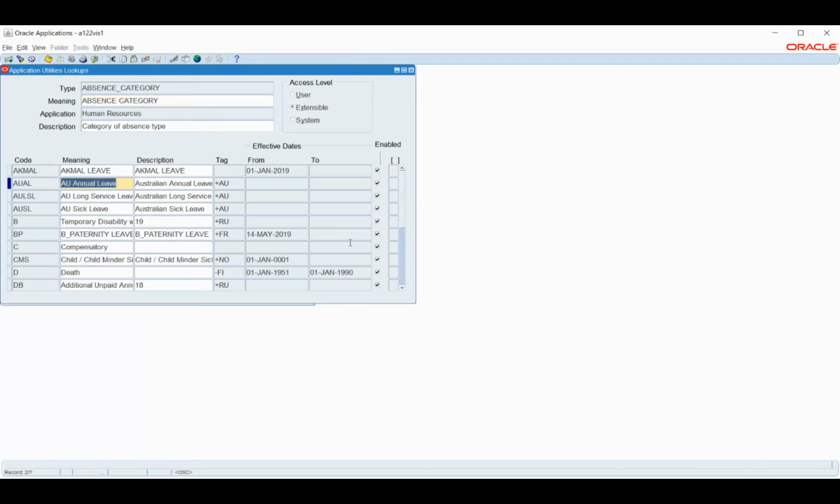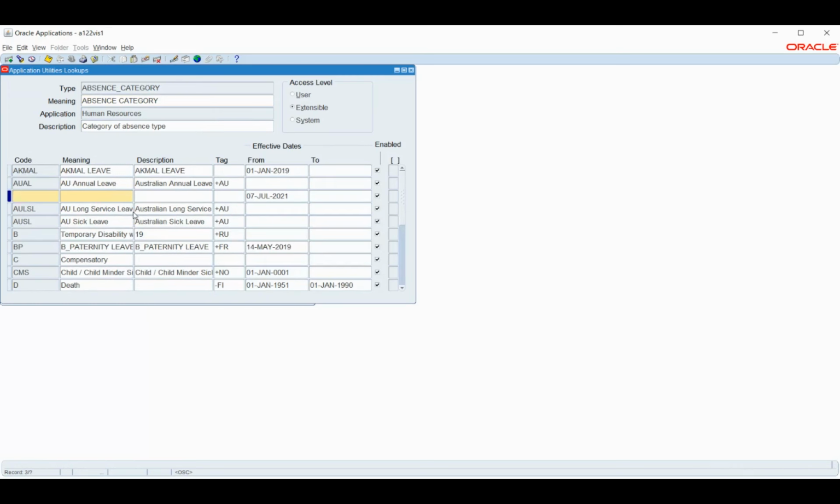So this we will see as a part of absence, but since I'm covering this small thing, I'm just mentioning it. I'll repeat it once again when we are seeing absence and the other process flow. We will see the workflow for absence and the other things separately. So for now, what I'm doing is adding a category called casual.